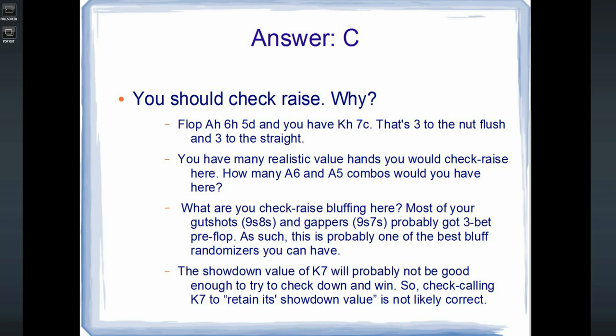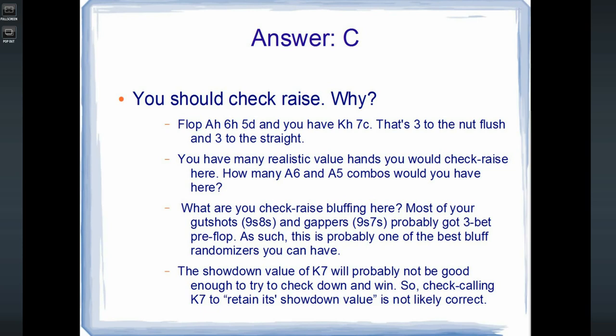So what I mean by that is, let's say the turn's a 9 and the river's a 3. If you're going to bluff king 7 on the river after you check called, then you can't make the argument that it was good to check call king 7 on the flop because it had showdown value, because you're not utilizing it. So here, I don't think king 7 is a strong enough showdown hand to try to check through,